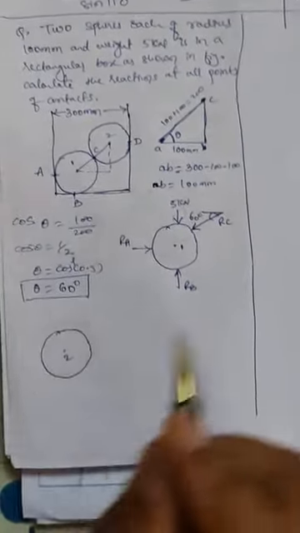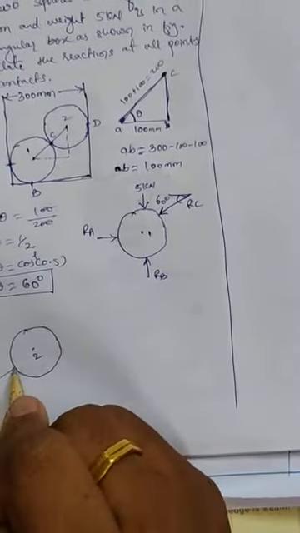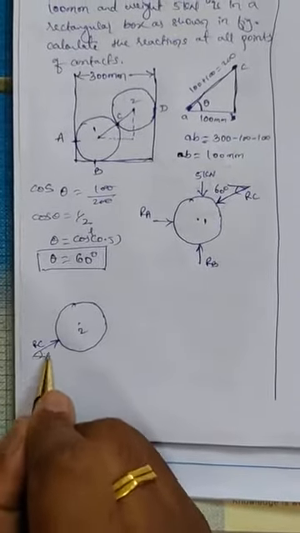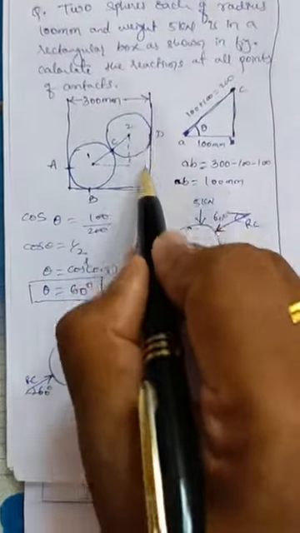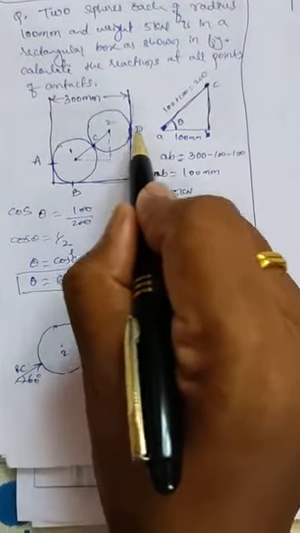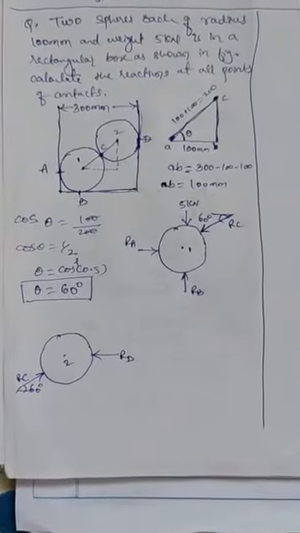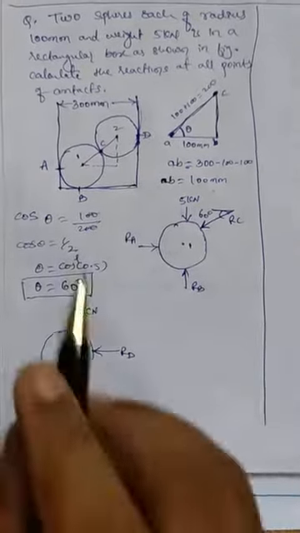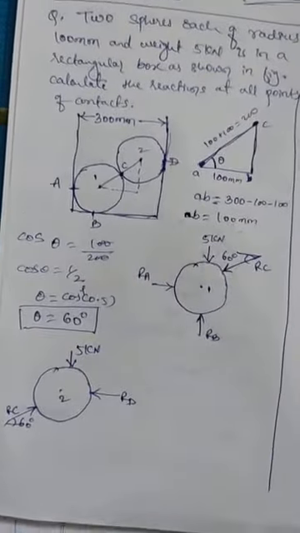Sphere 2. The contact points are, first, C. As we know, RC is inclined, making an angle of 60 degrees with respect to X. Then at point D, which is with respect to the vertical plane, the reaction will be horizontal. So here the reaction is RD, which is horizontal. Next is self weight, which is 5 kilonewton, because each sphere of 100 mm has a weight of 5 kilonewton.